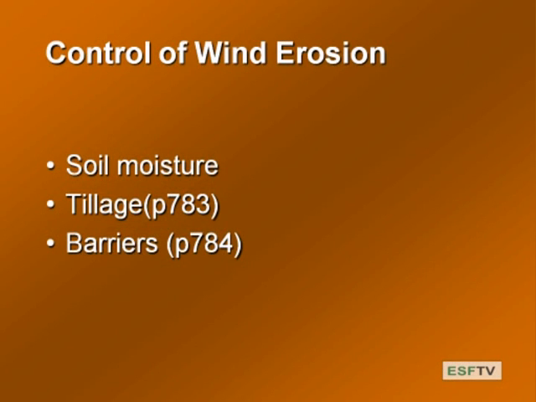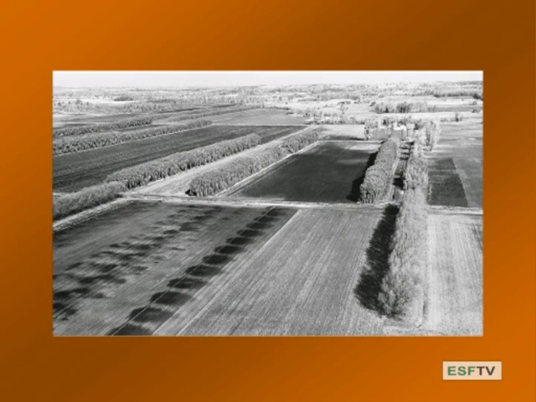So I have a slide that kind of illustrates that, and this is from the book. So we look at this from page 784, and these are soils. These are organic soils. You can see they're beautiful dark soils, and you can guess which direction the wind is coming from. Okay, it's coming from the left. Okay, so these barriers perpendicular to the wind direction provide a way to slow down, stop the wind, reduce the velocity, and kind of eliminate the first factor in wind, velocity. So if you reduce the velocity, you reduce the propensity of the soil to erode.